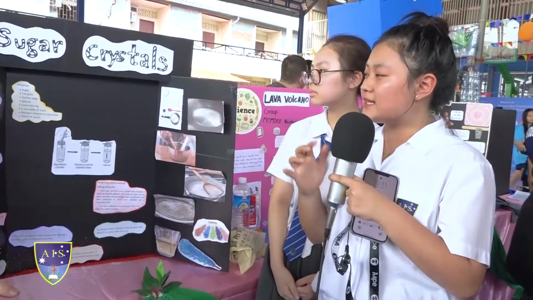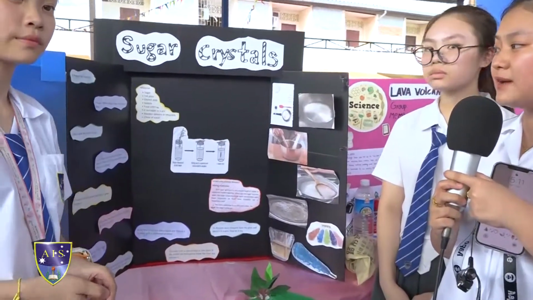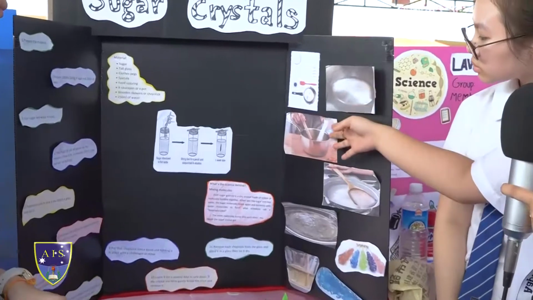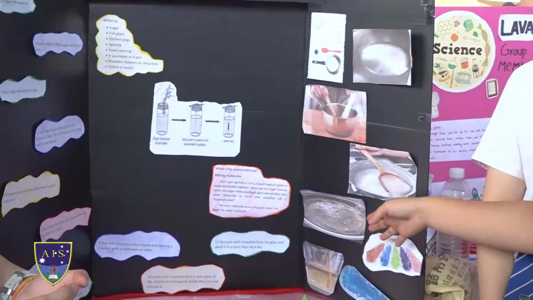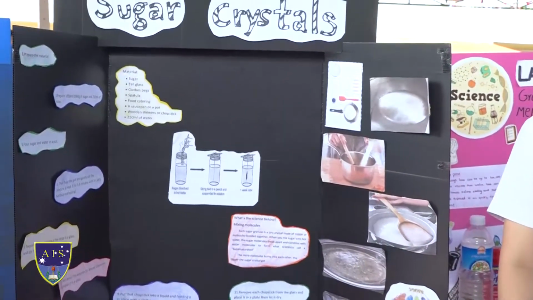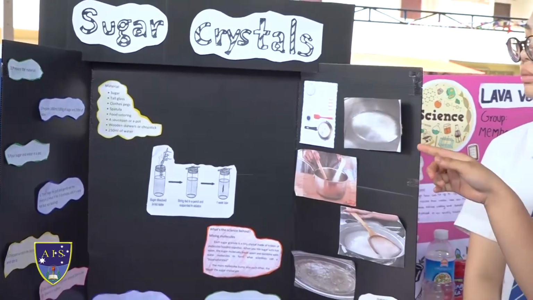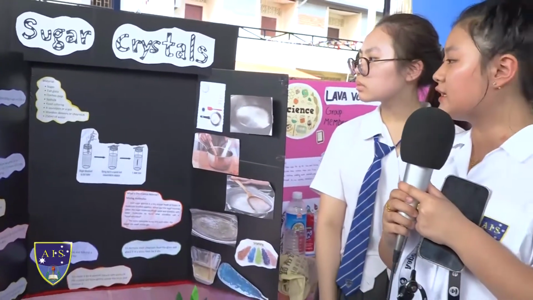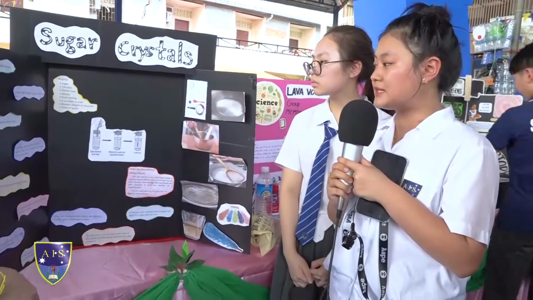The first step is we have to prepare the material first, and next we will take 1000 ml of sugar and 250 ml of water. And this is the picture here that we took when we made it. So first we have to pour the sugar in the pot with the water and mix it together before